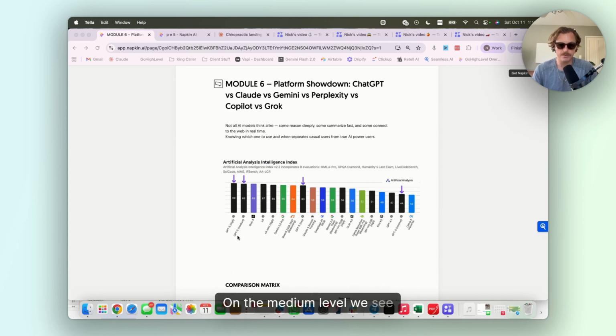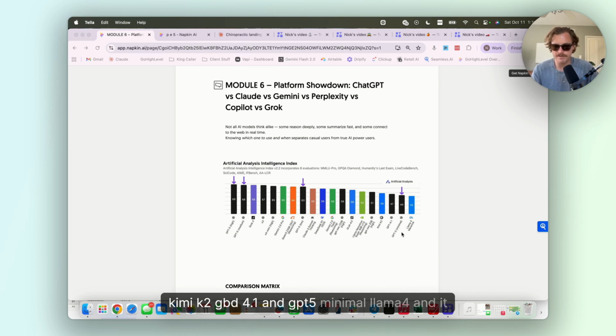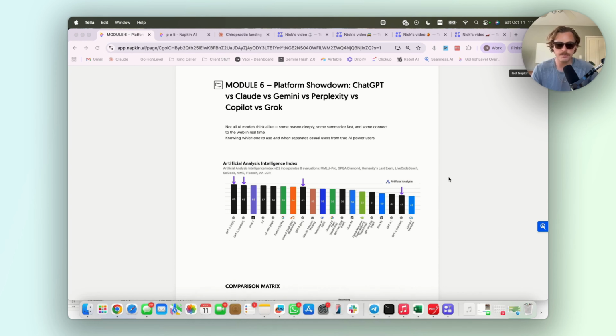On the medium level, it's just slightly under, and then we have Grok 4, GPT-03, O4 Mini, Qwen 3, GPT-5 on low, Claude 4 Sonnet, DeepSeek, Gemini 2.5, GPT OSS 120b on high, GLM 4.5, Llama, Nemotron, GPT OSS 20b on high, Kimi K2, GPT 4.1, and GPT 5 minimal, Llama 4, and it goes down from there. So on an overall intelligence level, GPT 5 on high is performing the best.